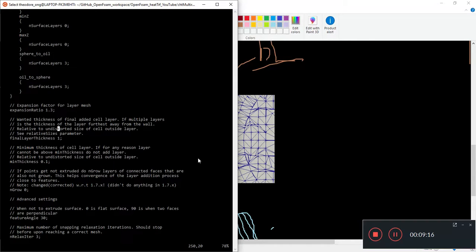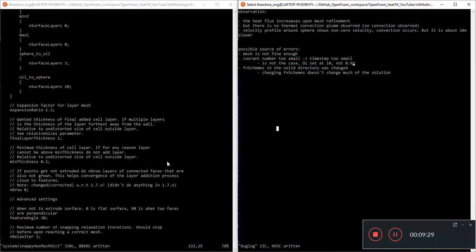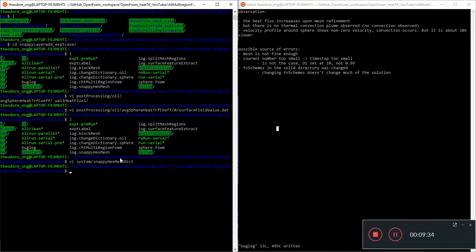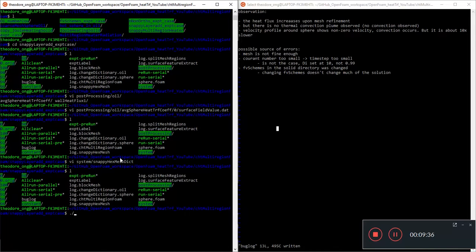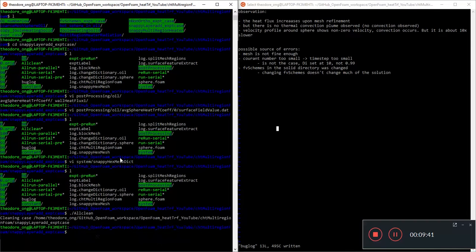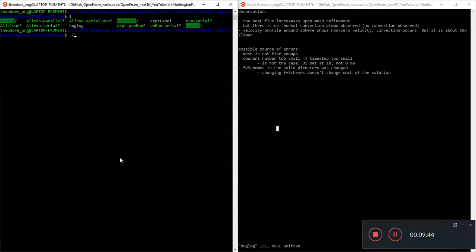Okay, so if I were to add 10 layers here, then yeah, I will get the resolution I want. So let's try that. We'll clean this up because we already have the data we wanted, and we know that's not the way we want our mesh to be, because it's not giving us the results, and there's no plume that's rising, so we can do an all run